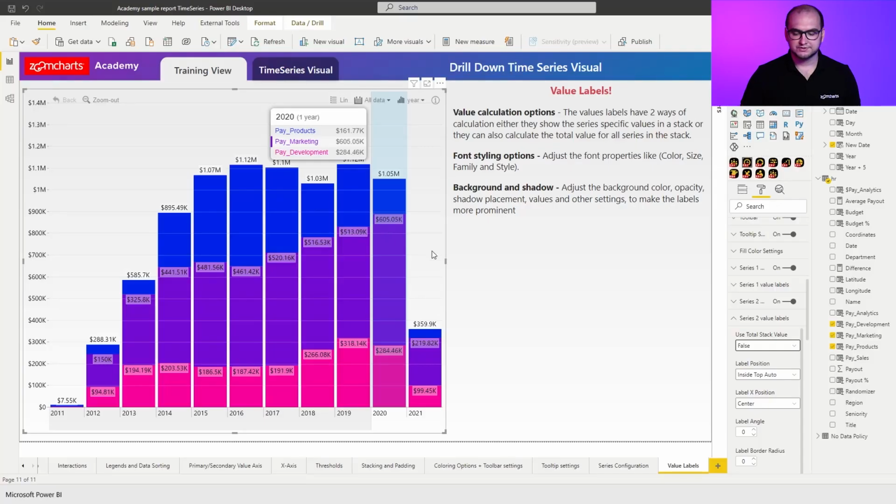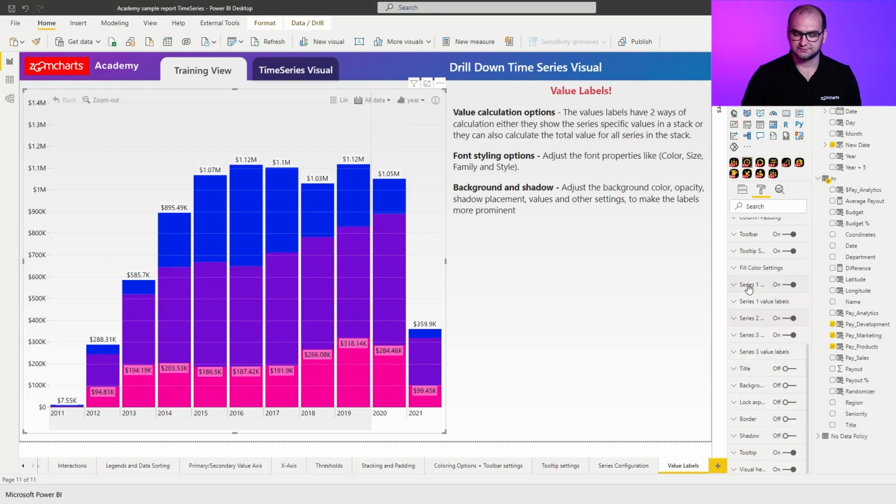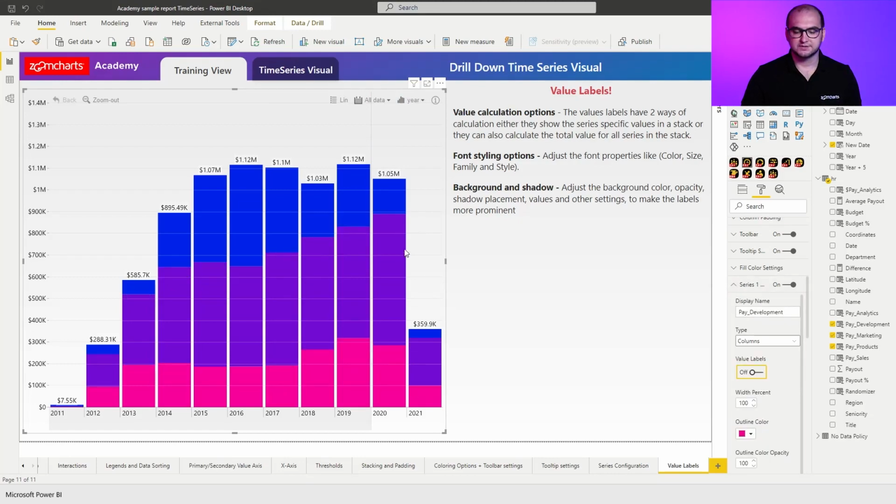A traditional approach for this would be, for example, if I completely disable value labels for series 2 and series 1 and just leave the total at the top, but then when I hover over one of the columns within the tooltip, I can still see the series-specific approach. If you want, you can also go to the tooltip settings and enable use total stack values there to have